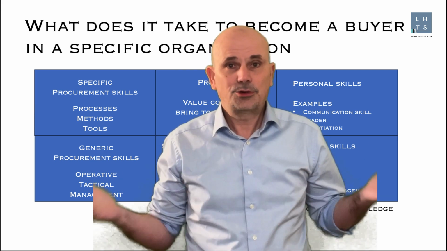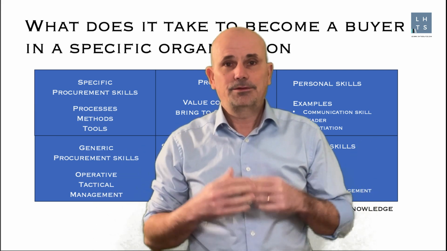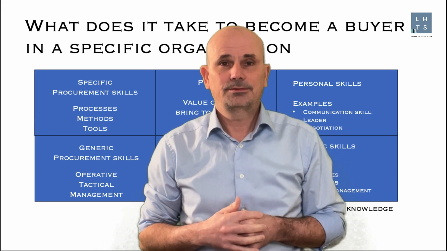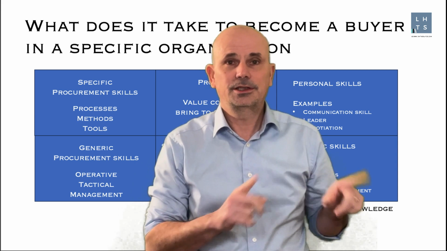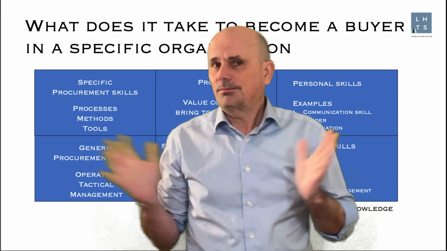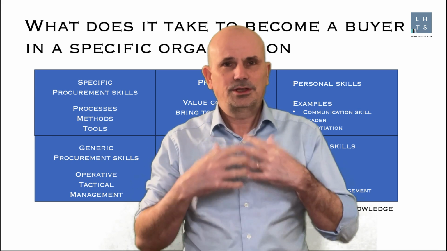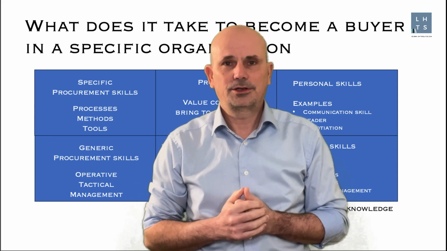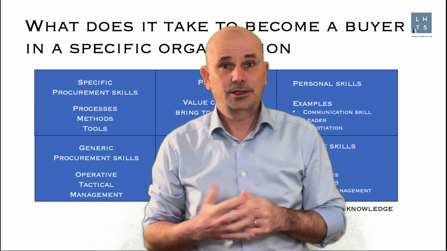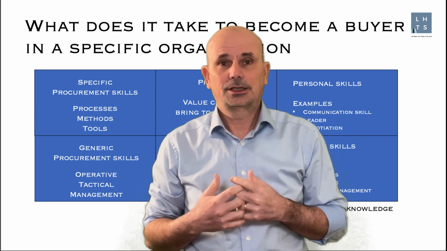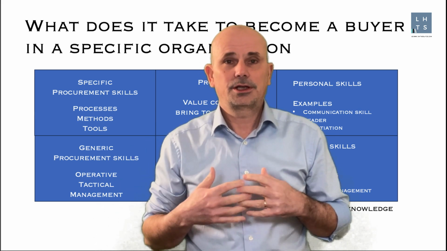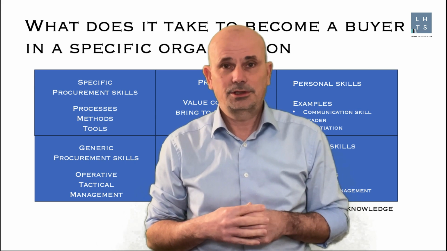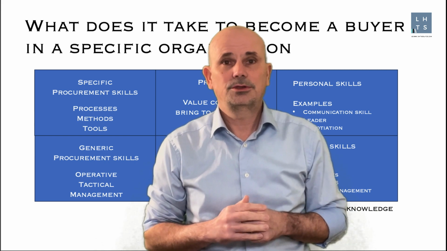And connected to introduction and recruitment, as a third example, if you recruit a buyer, maybe you right now consider trying to find a buyer that is skilled in the generic procurement area. But maybe this model can help you think differently. Why not recruit someone that's really strong in the product area, knowing the supply market? A sales guy, a technician, I don't know. And use Learn How to Source and the training we have to provide them with the generic knowledge. So there are different ways to consider